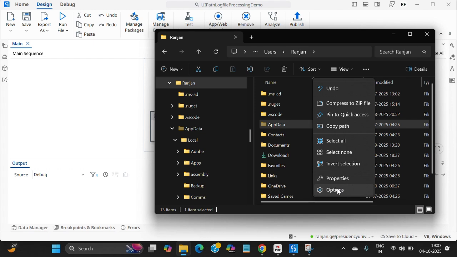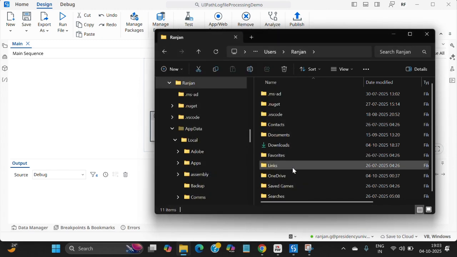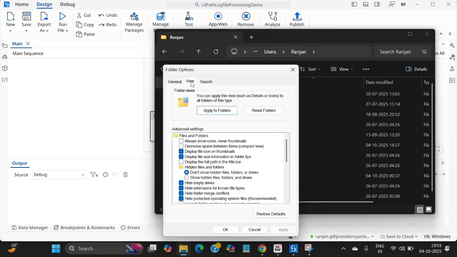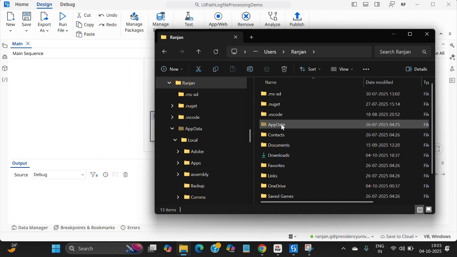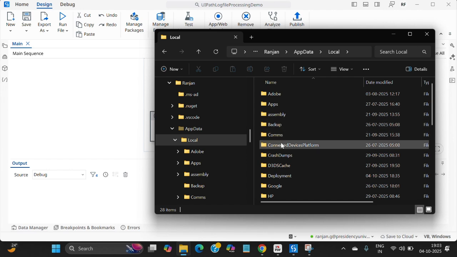So just click over here, go to options, and in the options, go to view, and just click here, "Don't show hidden files." So by default, this will not be seen. And if you want to see them, just click here, go to options, go to view, and then show hidden files. Okay, and apply. The moment you do that, your AppData is visible, and just go into the AppData, go to Local,